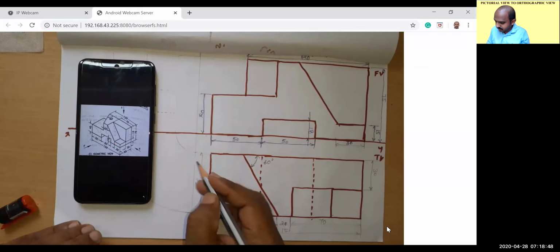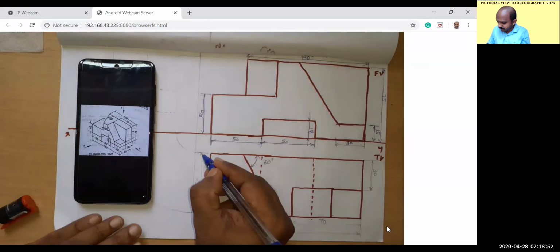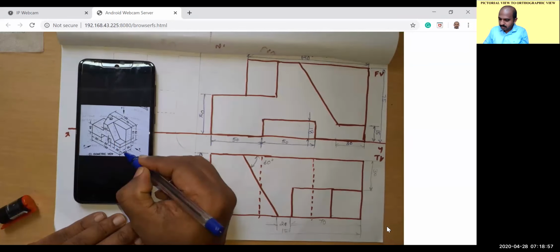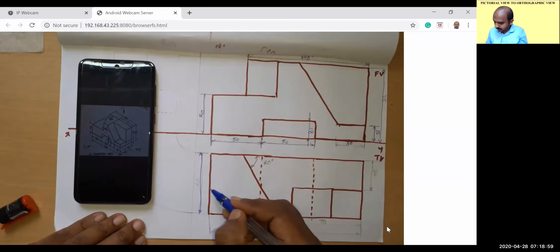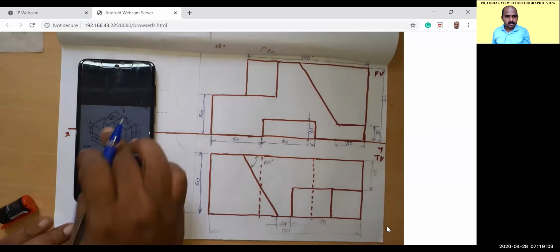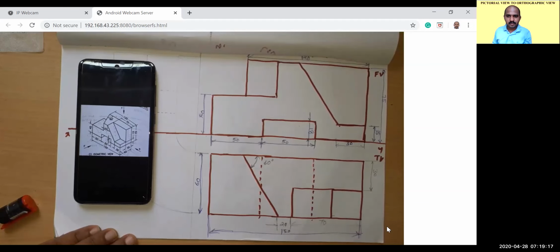As I mentioned, this is actually your 60. This 60 mm line, you can mark this side or this side, both are correct. This is your 60. This is 60. Then what is the total length? Total length is 150. Mention, total length is 150.